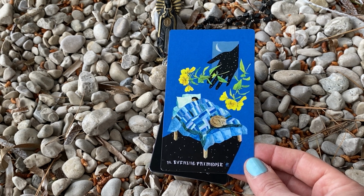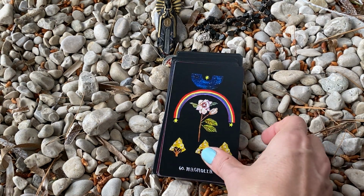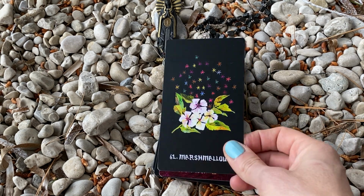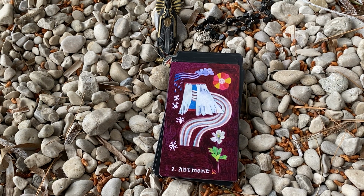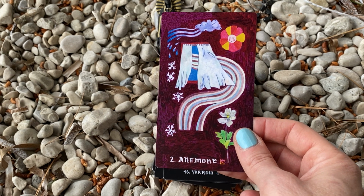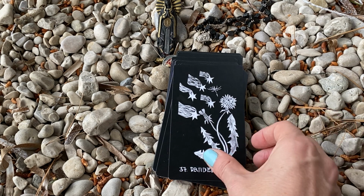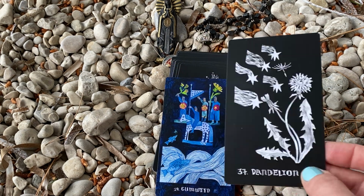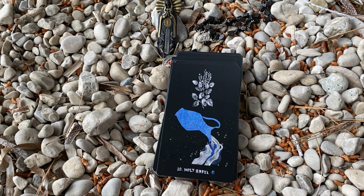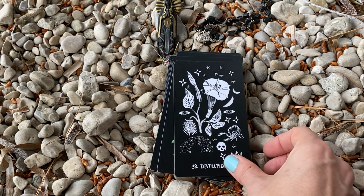Primrose, so beautiful, love that hand. Clary sage, magnolia, oh, I love magnolia trees. They're blossoming all over right now in Europe. Marshmallow, anemone. So cool. I'm in love with this art. I think it's just so beautiful. It's kind of in between this fairy tale style, dream, folk magic and folk kind of art, but at the same time also this really Chagallish, beautiful